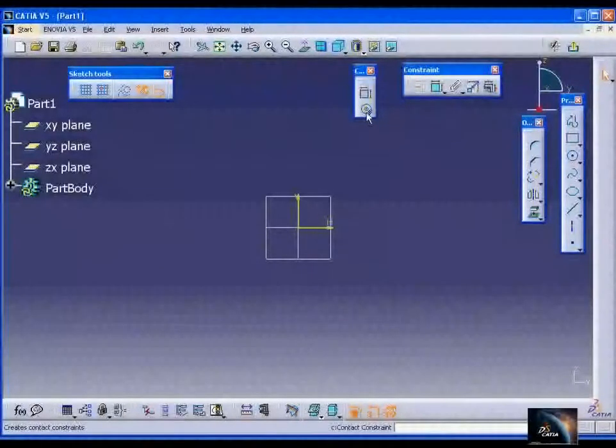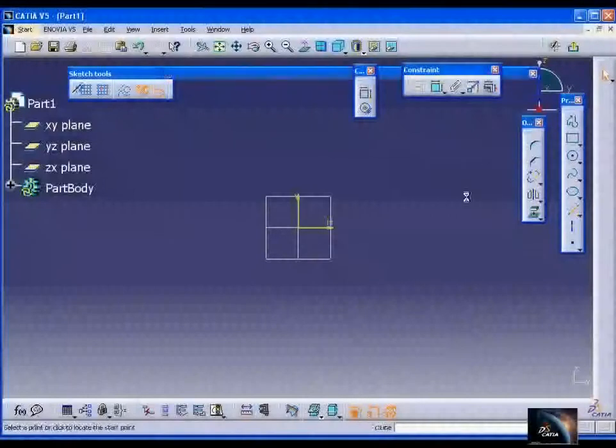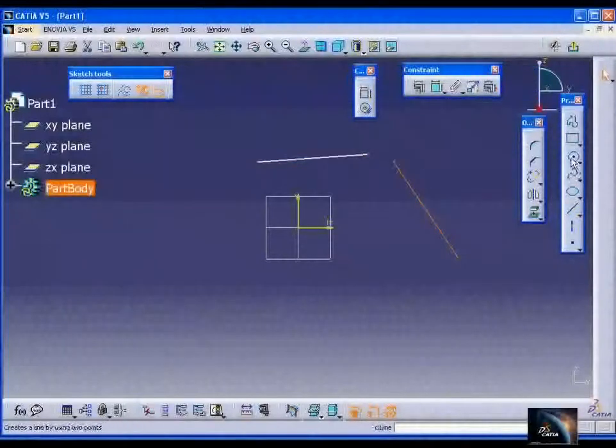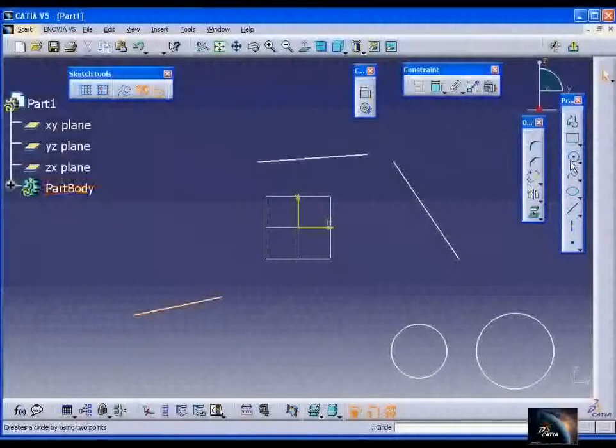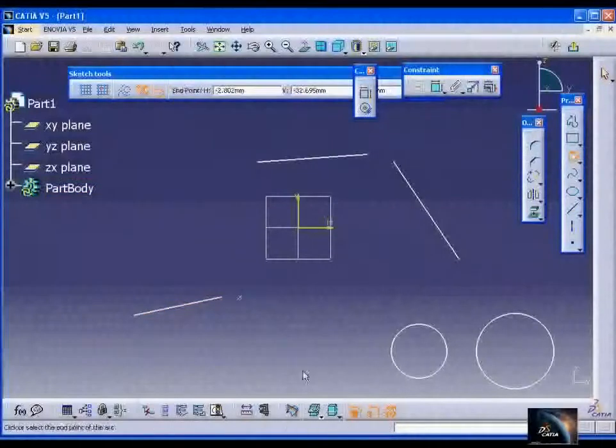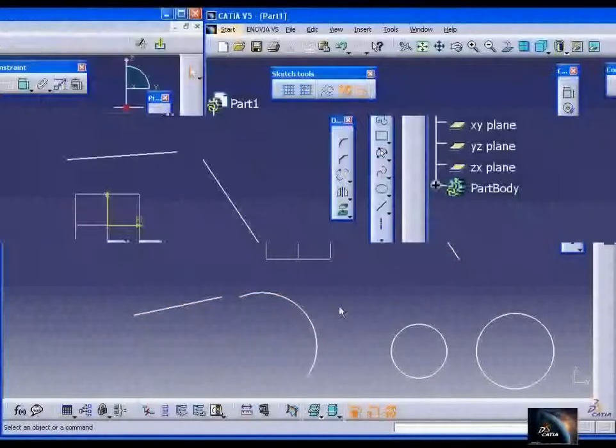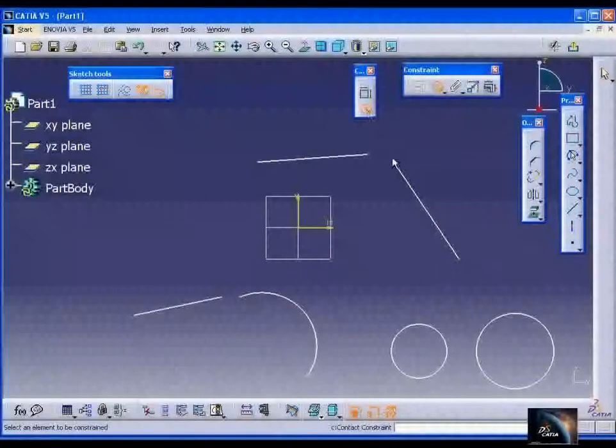Contact constraint. I am taking some of these elements. With the help of contact constraint, I am just picking these two points. For that a constraint is applied. Once again you can see contact on these two endpoints,